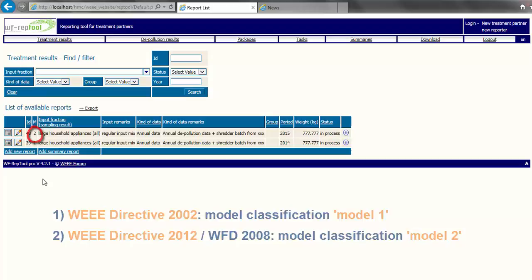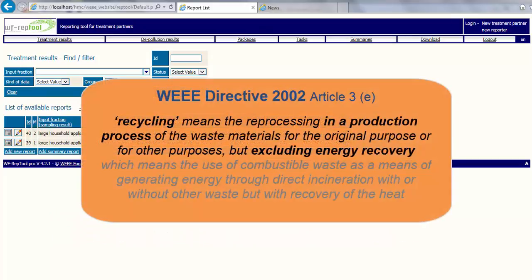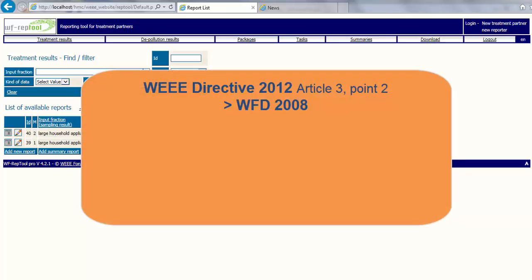See Model 2. Until the WEEE Directive 2002, the definition of recycling was given in the WEEE Directive. Here it is said that recycling means the reprocessing in a production process, excluding energy recovery. The WEEE Directive 2012 does not provide its own definitions of waste or waste management terms, but refers, see Article 3.2, to the Waste Framework Directive 2008.